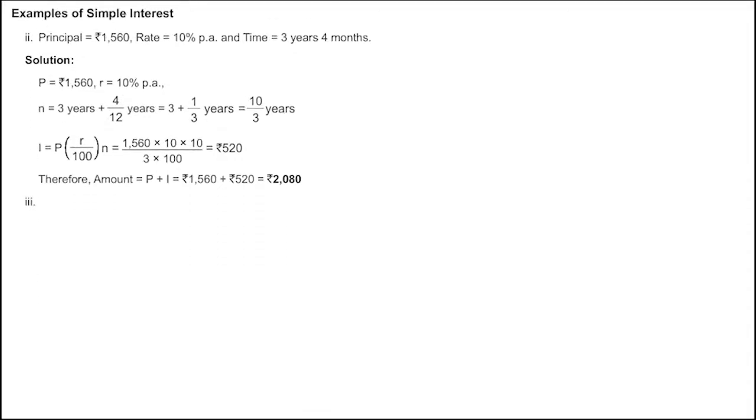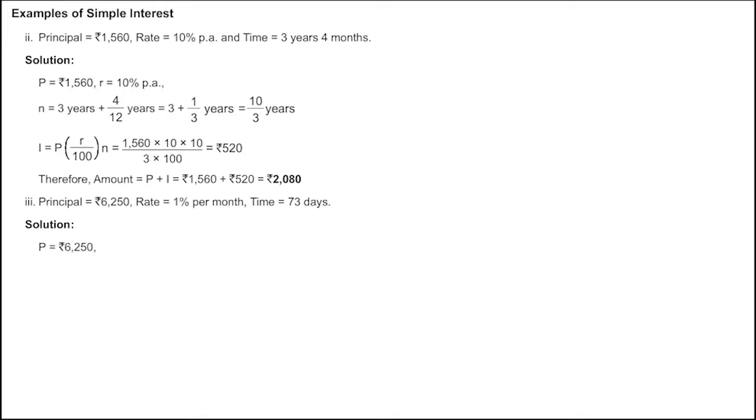Now the third type, with a little more variation. Principal is given to us as rupees 6250, rate is given to us as 1% per month, and time is 73 days. Here, rate should be per annum, time should be in terms of years. When we are applying the formula to find out the interest, we have to keep in mind the rate is always per annum and time is given in terms of years. We have to convert rate 1% per month into per annum, and 73 days has to be converted into years.